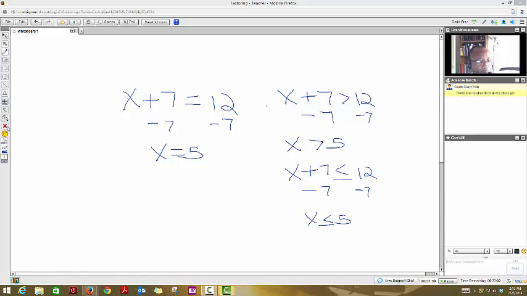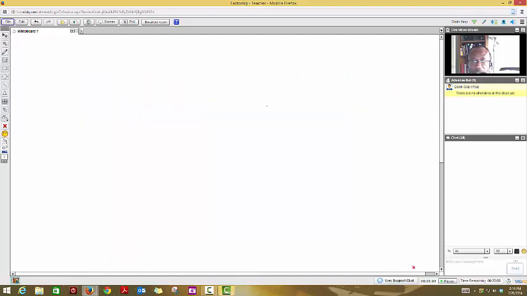So let's clean up our workspace a little bit here. And we're going to talk about that one instance. Let's do it with one that's a little bit more fun than our typical. Let's say I have 3/5 m minus 2 is less than or equal to 14